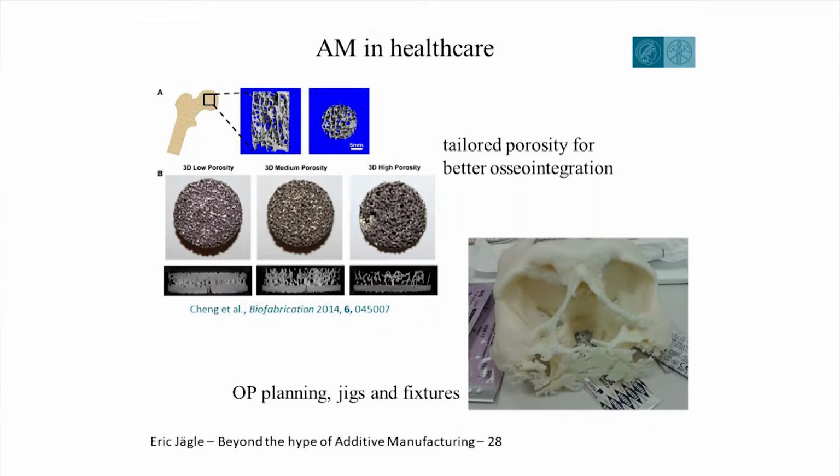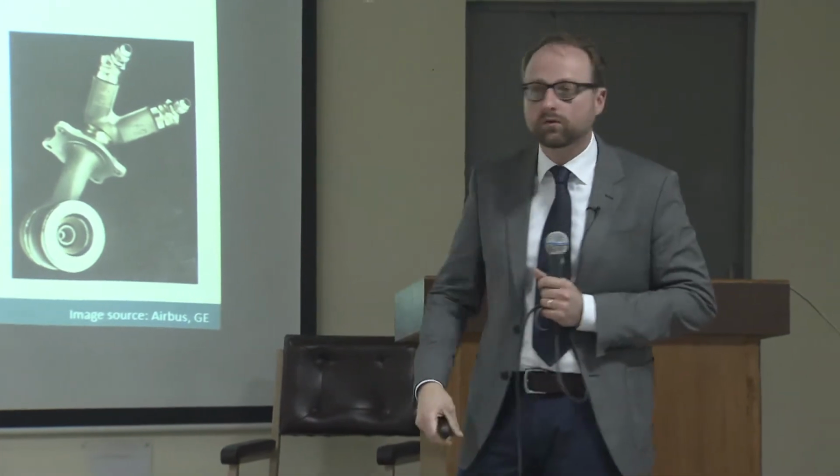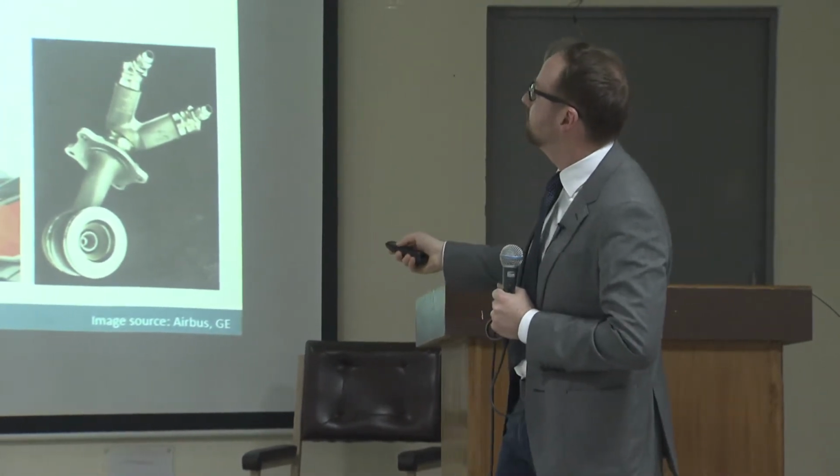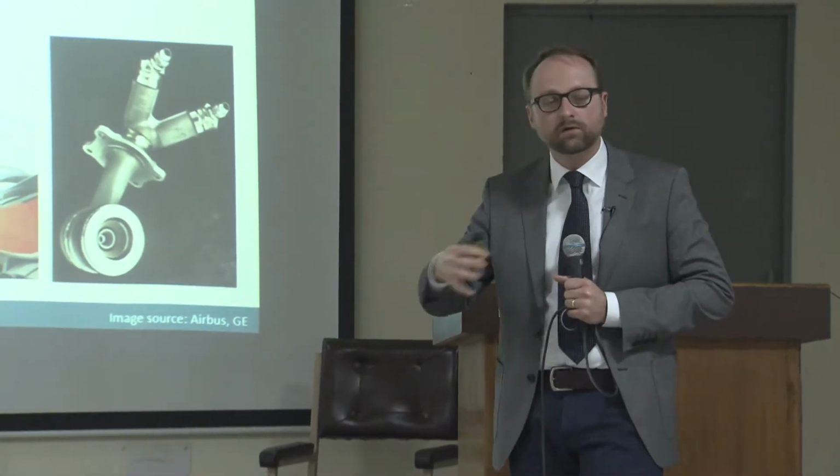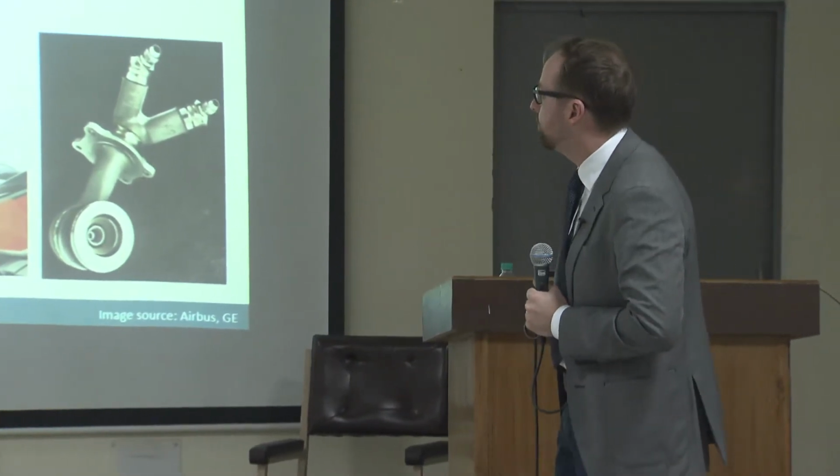So this is a fuel injector for a GE plane turbine that is going to be, or that is, I think, already flying in the Airbus A320neo new engine option aircraft. And there they used another advantage. Instead of manufacturing 20 different parts, as they had done on the previous design, they print this out as one monolithic part, with all the complexity that you need for this fuel injector already printed into the part. And this not only leads to a weight reduction, because they can get rid of the joining and the fasteners and so on, it also increases the lifetime apparently.